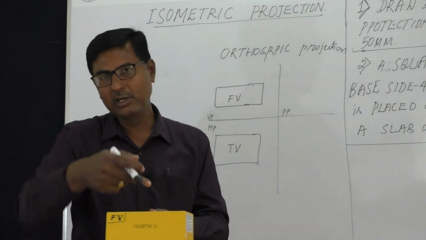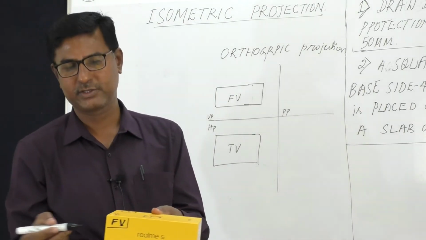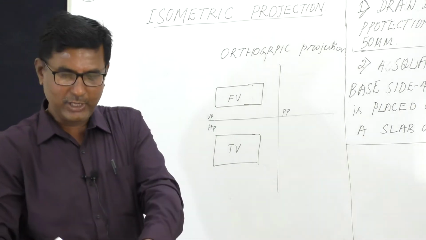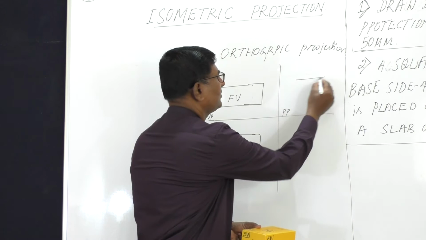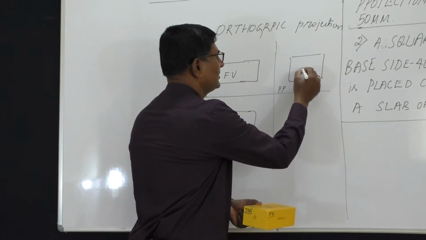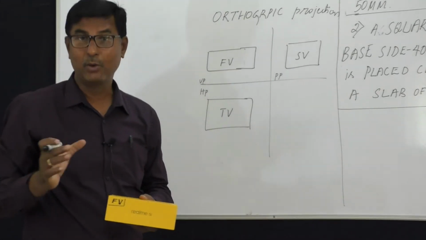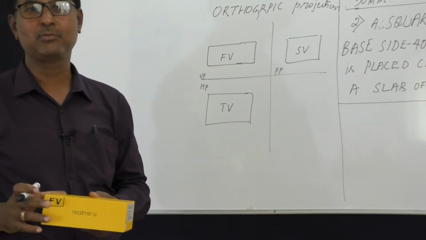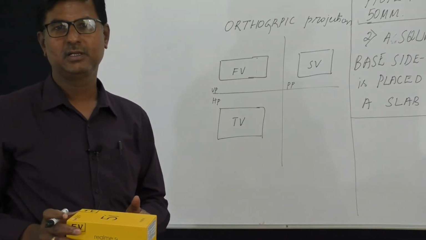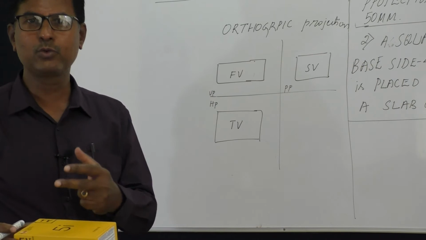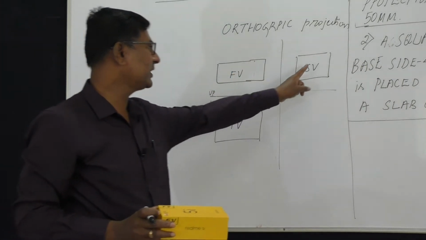Again, the observer will come once again orthogonally to this side in order to draw the side view of the box. So you have drawn the front view, you have drawn the top view and you have drawn the side view. Here, the side view comes on the profile plane. See, what is the biggest drawback of this orthographic projection? Now I am calling it a drawback, but when we were teaching orthographic projection, we never said this was a drawback. I will tell you later whether it is really a good or a bad thing. Okay, look at this one. This is the front view, this is the top view and the side view of the box.